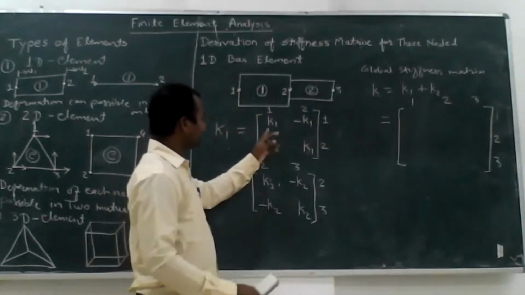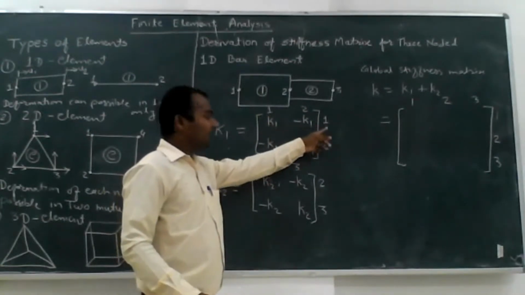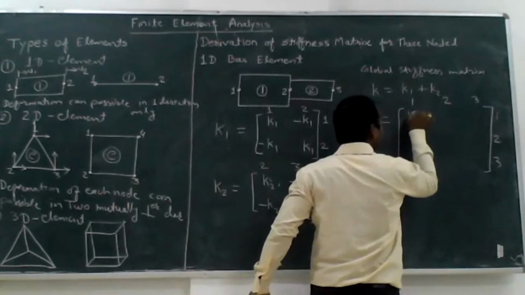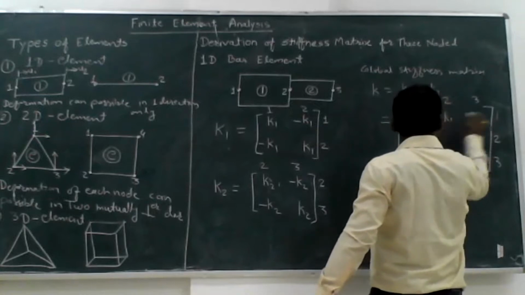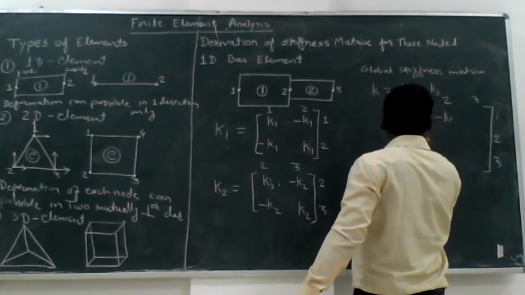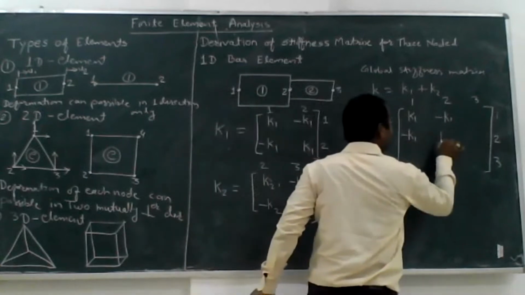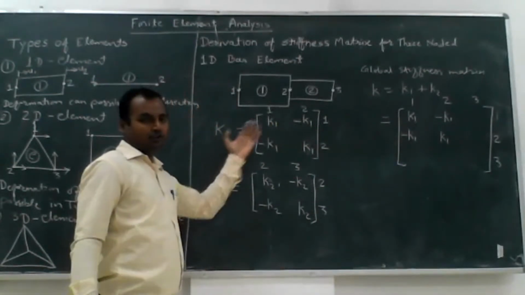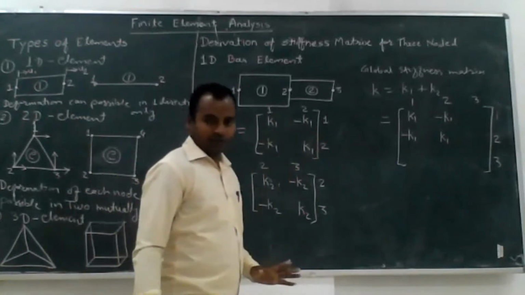Okay, fine. So this equation is for node number 1 and 2. You can check the element of the matrix at each position. At the position 1, 1 there is K1. I write here 1, 1, K1. At the position 2, 1 it is minus K1. At the position 1, 2 it is minus K1. At the position 2, 2 it is K1. Okay, first of all I write the stiffness matrix of element number 1. Thereafter just add the stiffness matrix of element number 2 in that matrix.